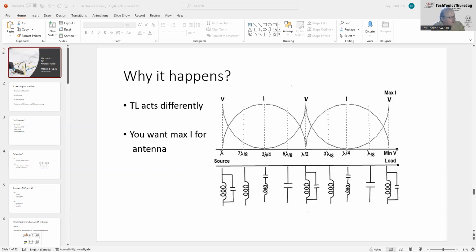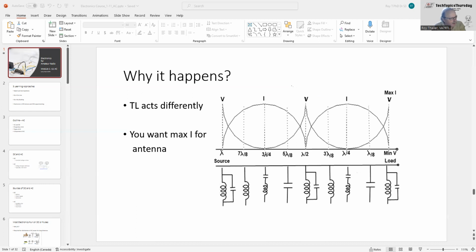And why it happens is that you have a combination of capacitors and inductors in the line and between various components. So, you have these in parallel, and you have just the capacitor by itself, and then you have them in series, and then you have the inductor by itself, and then you repeat this sequence over again. And depending on what your resistance, your inductance and capacitance is, will tell you what sort of things will happen